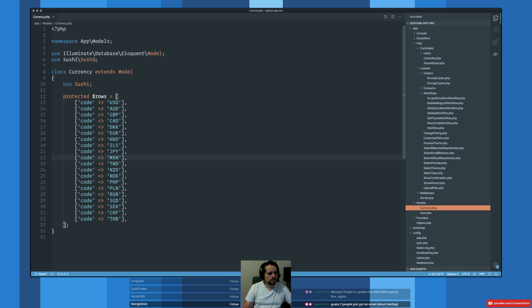Sushi, in case you haven't heard about it, is a thing that Caleb Porzio has been working on, which is a way to define models that don't necessarily map to your primary database in your app. So things that don't change often, or that don't come from your main MySQL or SQL database. Currency is a good example of that because these hardly ever change. You can define a protected property that holds an array of these things, and then you can treat currency like